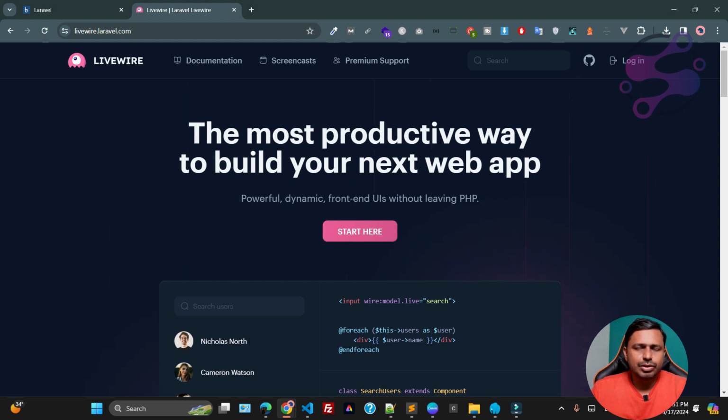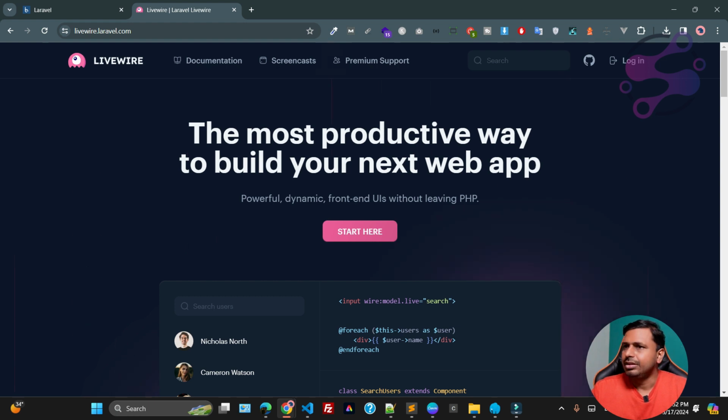JavaScript or any kind of JavaScript framework to fetch dynamic content or to give a dynamic look to your website. In simple words, if you are not going to refresh your page and you want to get data from your database, then how can you do that? You can achieve this by using Ajax, by using JavaScript, by using any kind of JavaScript framework like React or React Native. But if you are not using JavaScript or any kind of framework or JS library, then you have